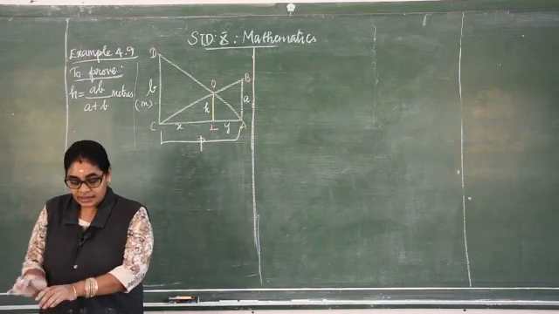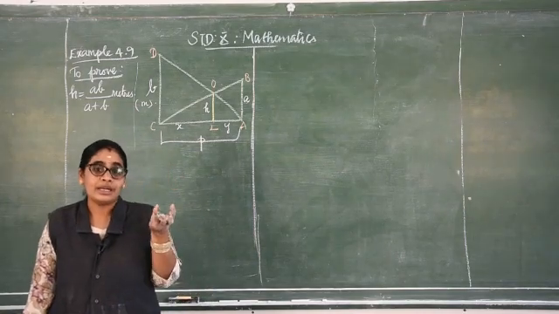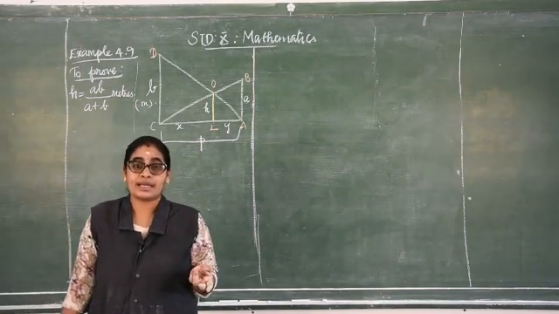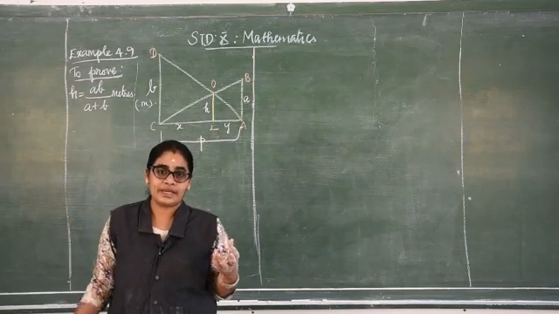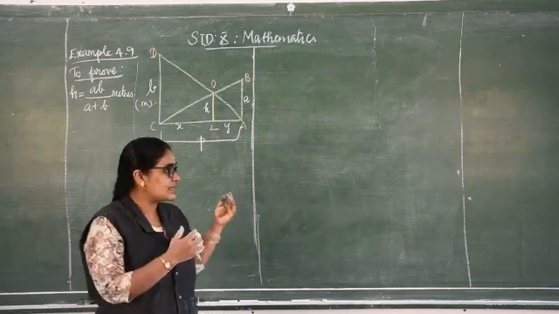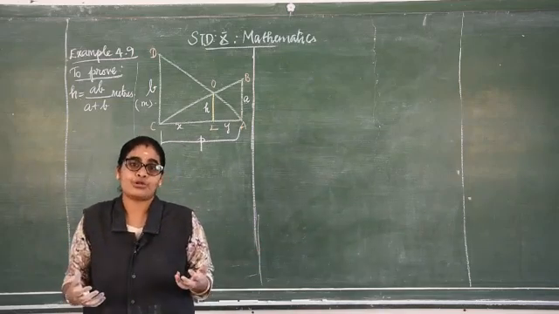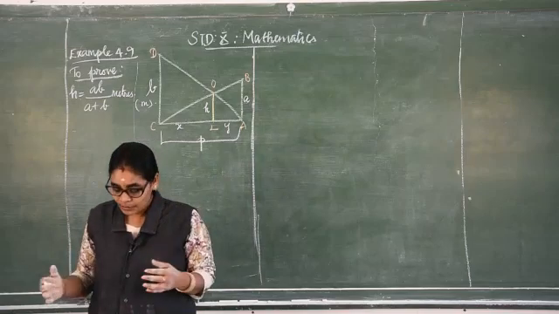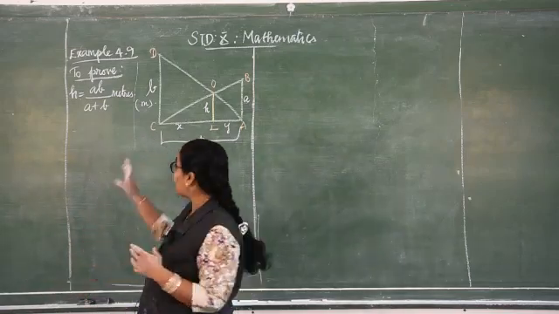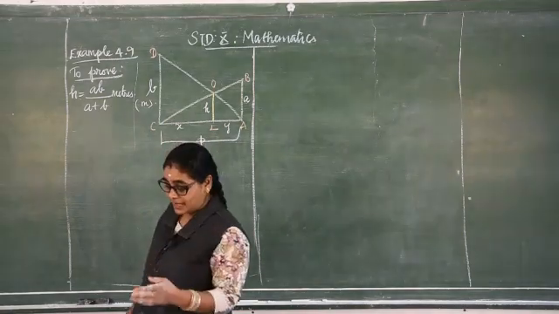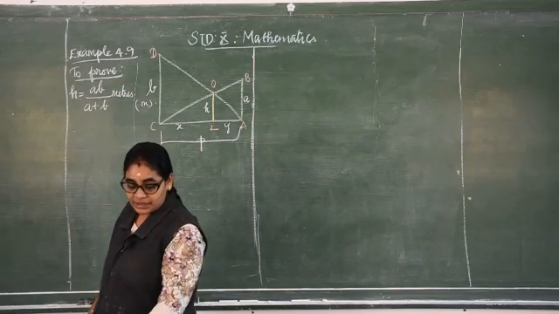How can we prove it? Already we learnt similar triangles and the conditions for similar triangles: AA criteria, SSS criteria, SAS criteria. All these we learnt, and some other results with the same perimeters, the same area, and the area ratio. Now with all these conditions we are going to prove these two values. We are considering two triangles, and these two triangles are similar, and we will use that.